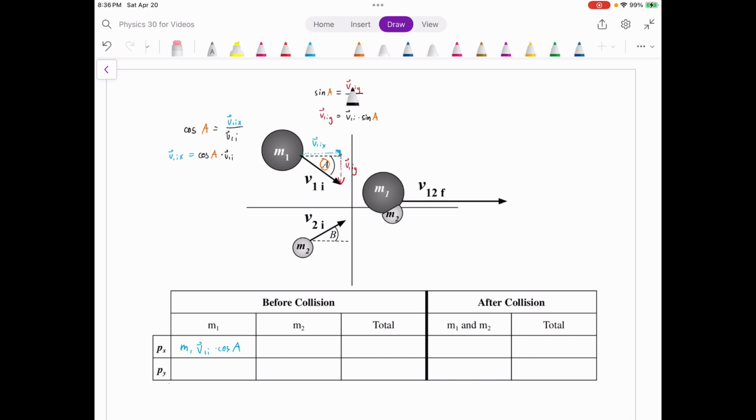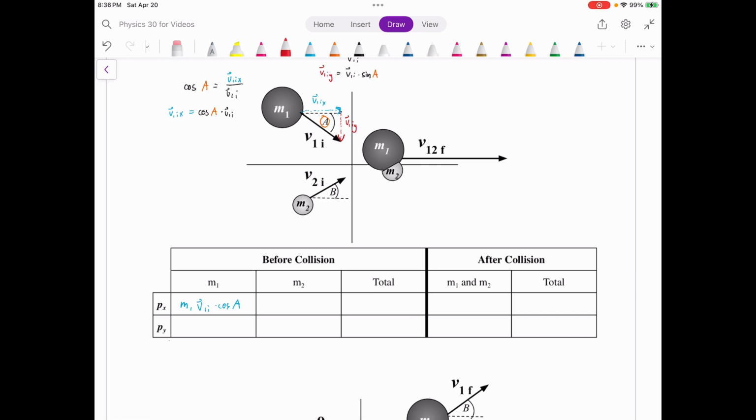So sine of A is the y component over the velocity itself, and therefore the y component, multiply both sides by the initial velocity, we get the y component is the initial velocity times the sine of that angle A. So what's its initial y momentum? Well, it's mass times its initial velocity times the sine of A,